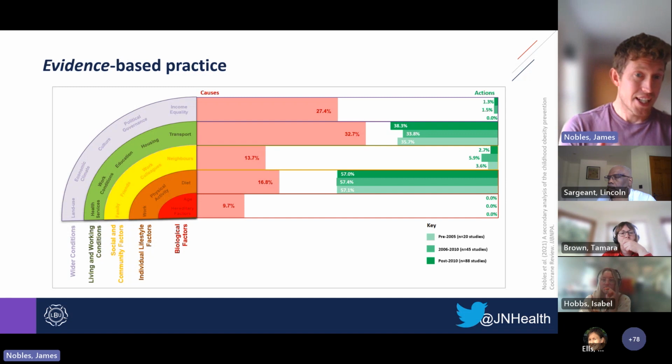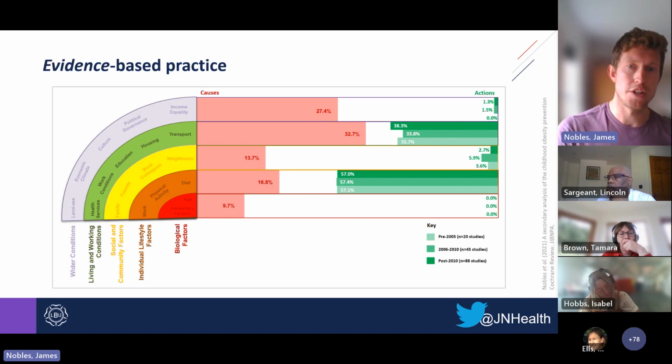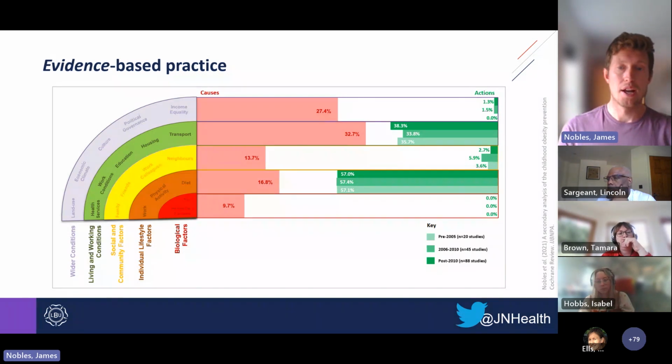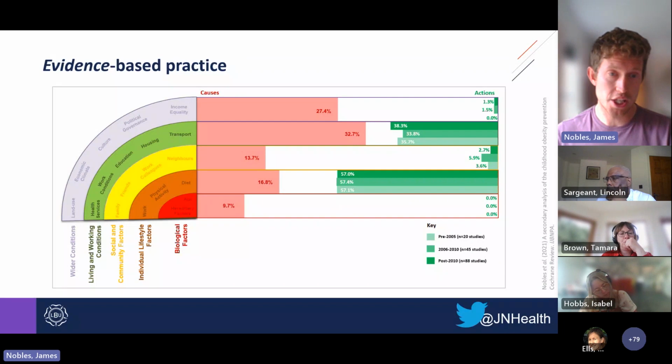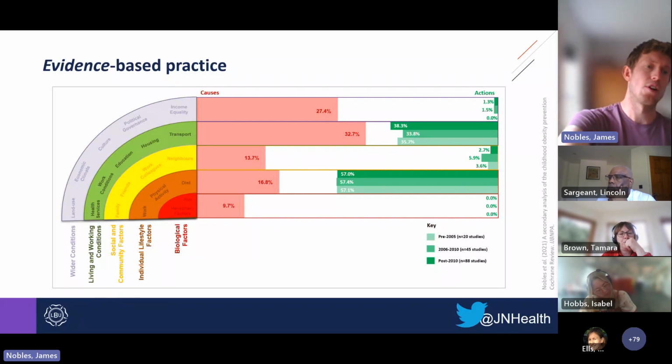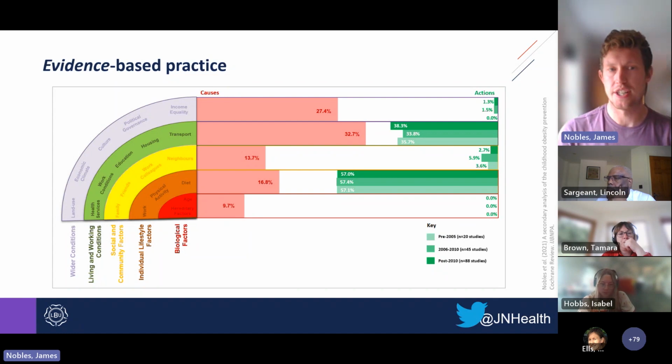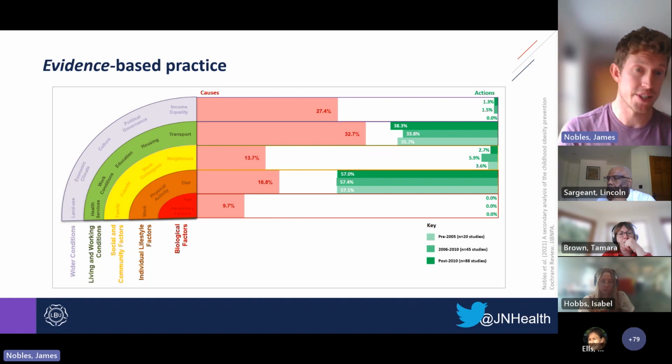We found that nearly 60% of the interventions that were included in that Cochrane Review actually focused on trying to change individual lifestyle behaviours. So they often did this through trying to educate individuals on how to make more health-informed decisions. And even when you look at the green band in the living and working conditions, about 35% of interventions tried to act at that level. But when we look at those in more